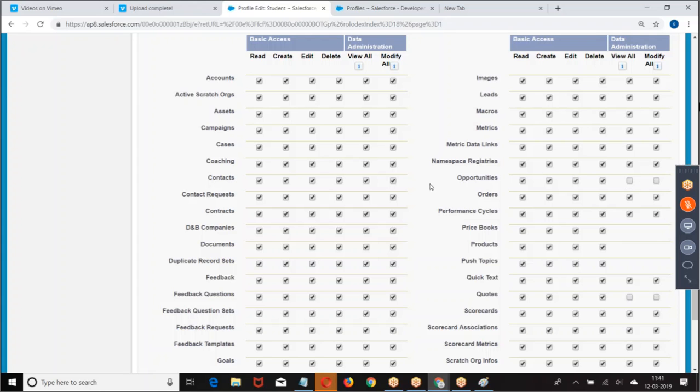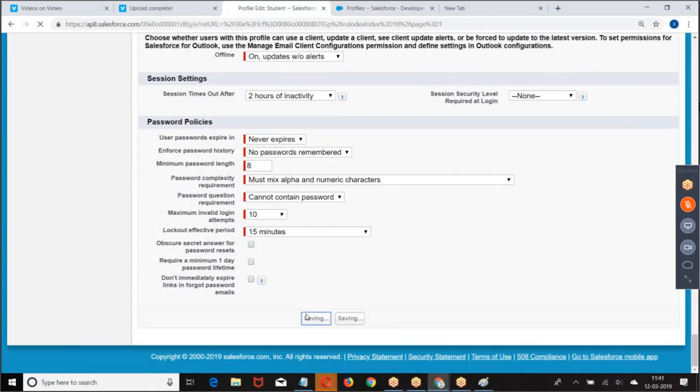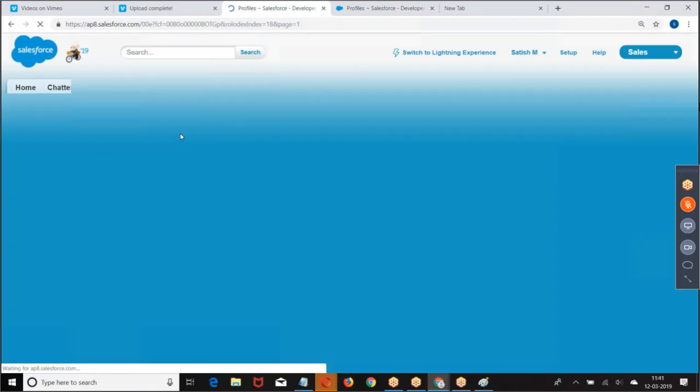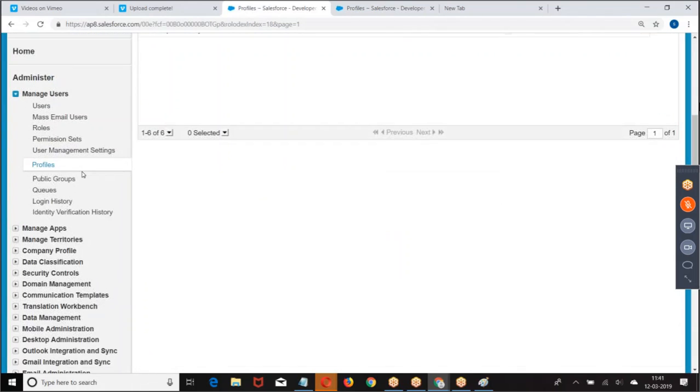Opportunities, we remove the opportunities. Then go to the sharing rules.